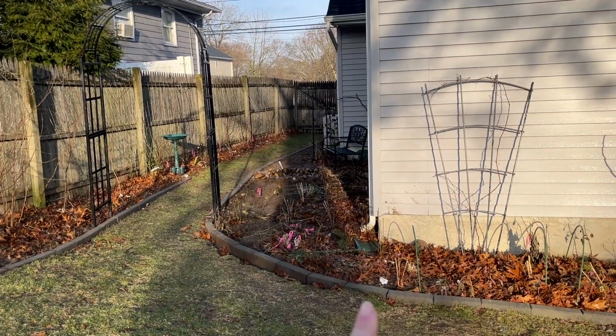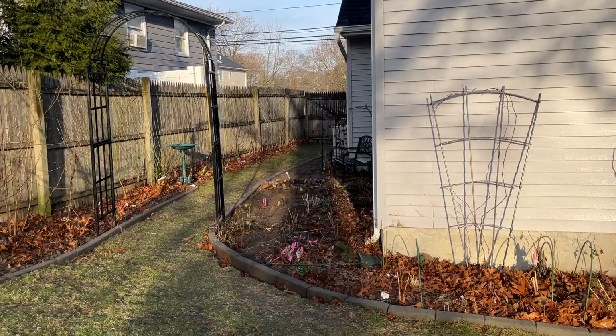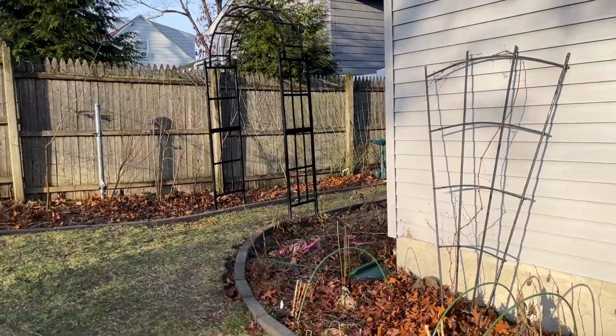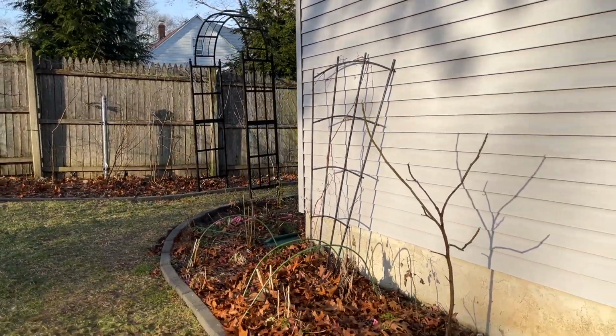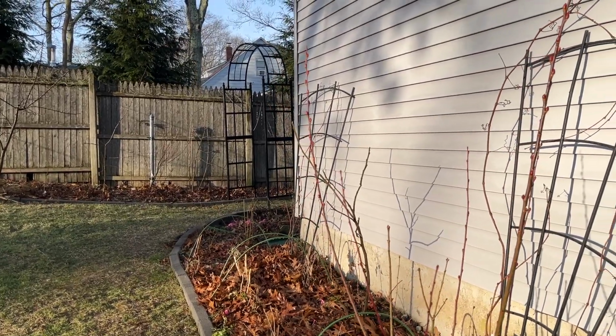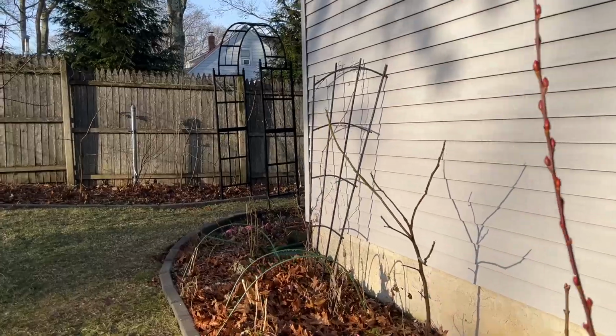I put in the pavers and extended that bed right there. Then we put in the arch trellis, and I want it to be inviting. So this is coming from the house, and you can kind of get a glimpse of it. And it's gonna have climbing roses on it. So as we're walking up from the house,